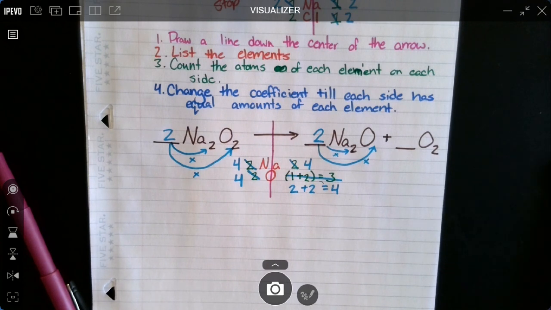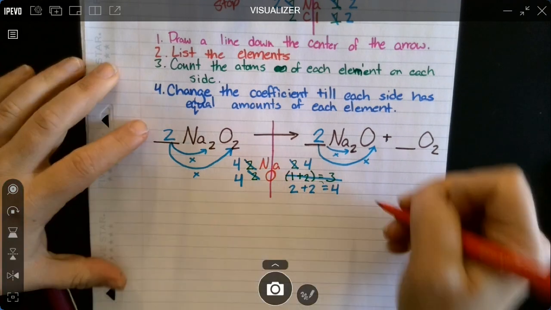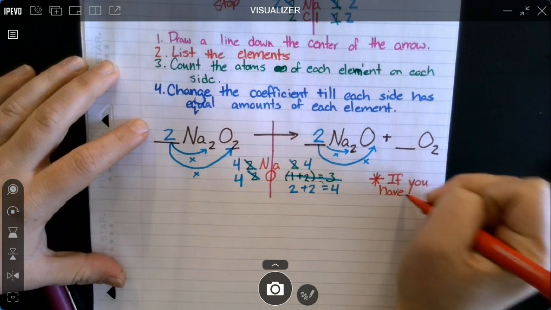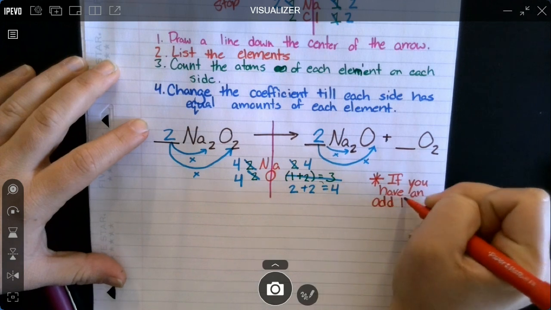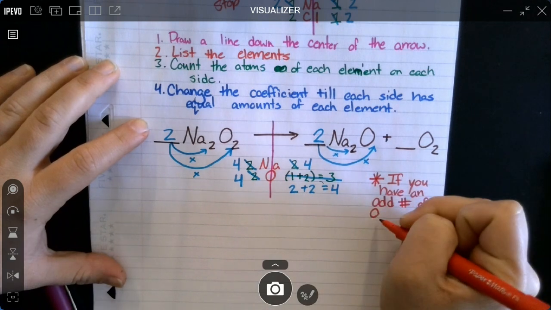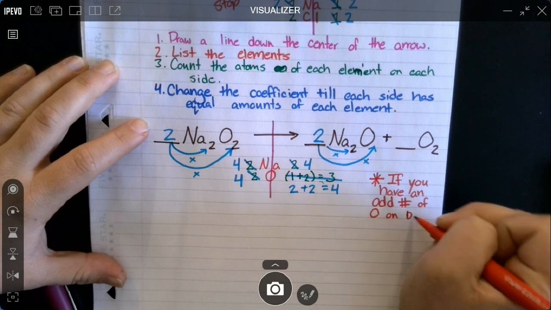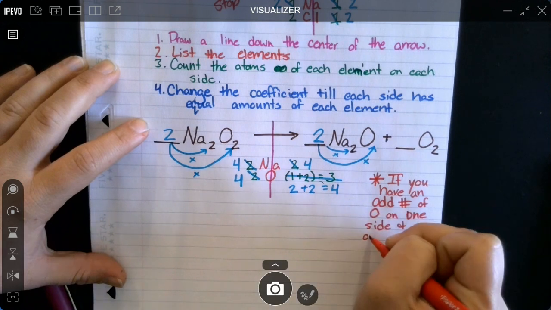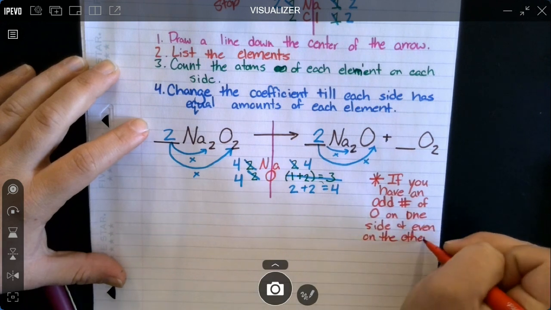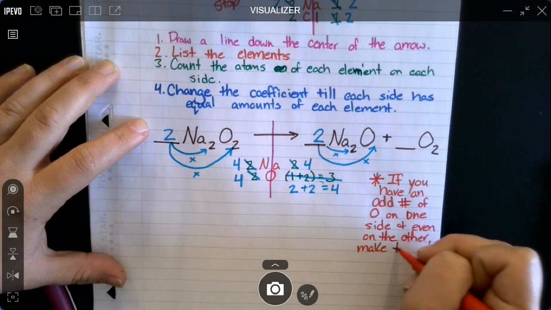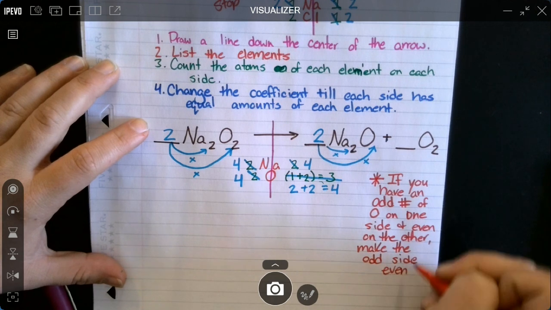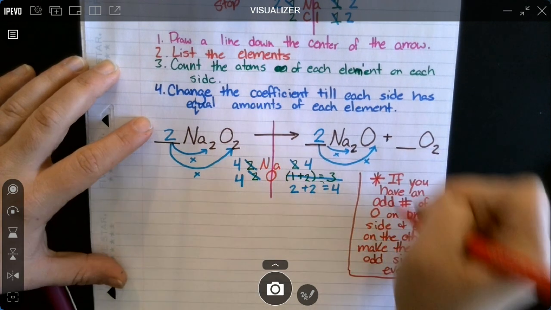And here's going to be a really important point. So that's how you might mathematically work through it. If you have an odd number of oxygen on the one side and even on the other, make the odd side even. So this tip, some of you will understand it, and some of you, it may not